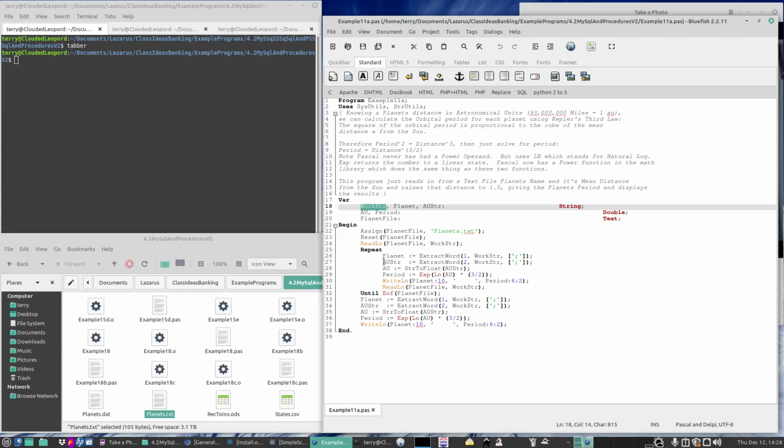and there is a function in string utils called extract word, and based upon using the semicolon as a separator, it will grab first, second, third, fourth variable within such. And here I'm just doing one for the planet name,